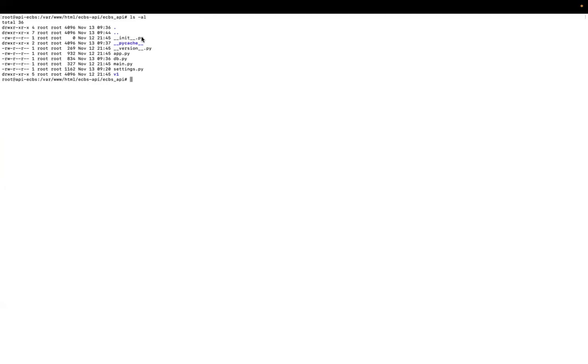We have the initialization file, the version file, the app file main, and then we have this folder, which is the version folder v1. So we are on version V1 that holds all of the functionalities for this version. In the future, if anything changes, database changes, there's a major breaking change, then we'll have another directory V2 so